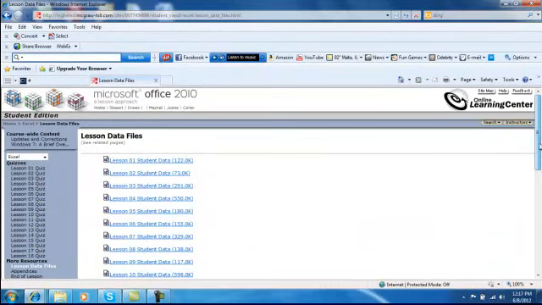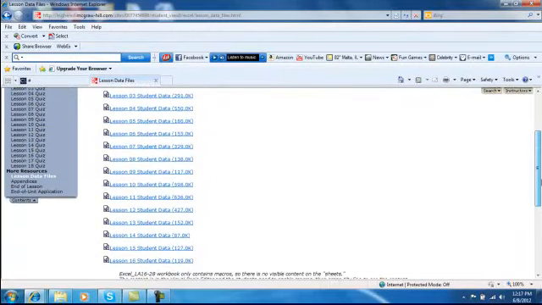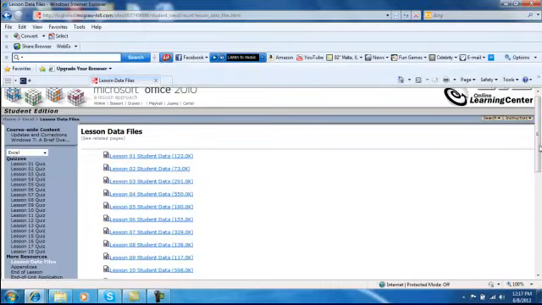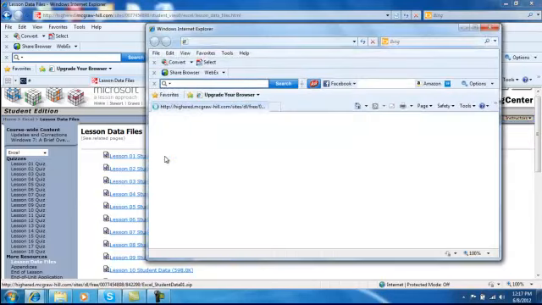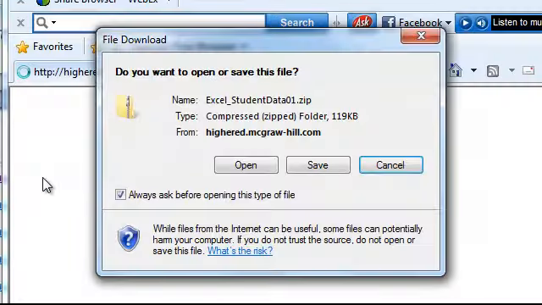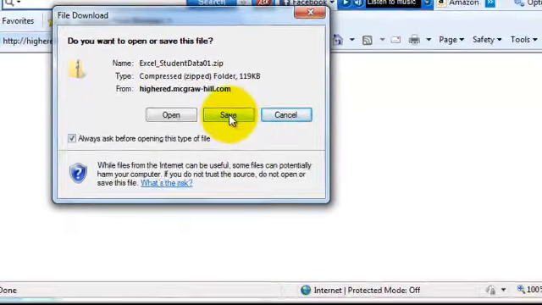Over here is a list of all the data files that you're going to need for your chapters, or what we call lessons. Let's just do lesson 1. So we're going to click on lesson 1. It opens up a window and it opens up a zipped folder like this. And so what you want to do is click on save,